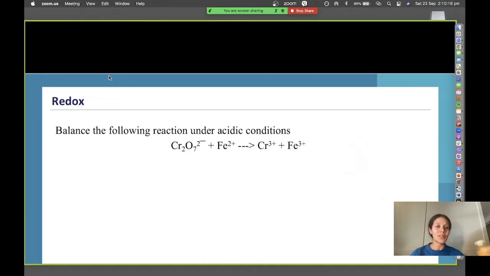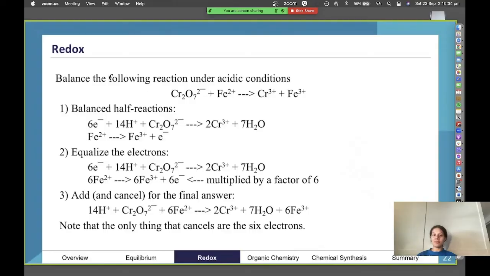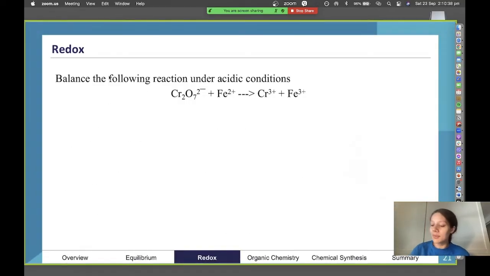The first thing we want to start off with is making sure that we assign our oxidation numbers correctly, because we want to focus on getting the right half equations to start the balancing process. So we'll start off by having a look at that first. And I'll go back on here and write it on top.